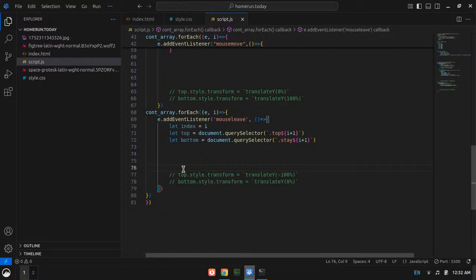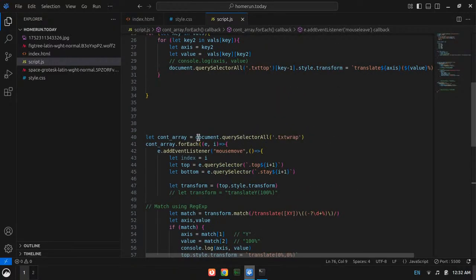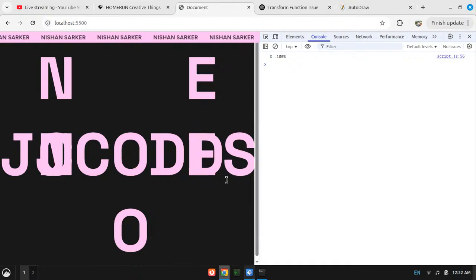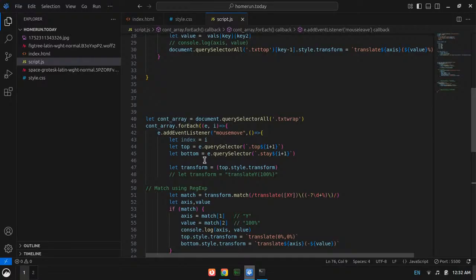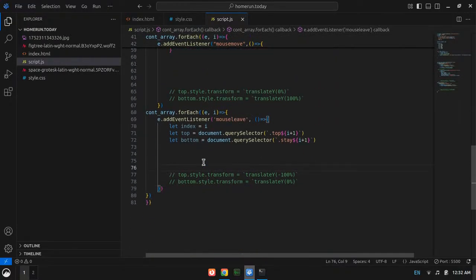Okay, so what should I do? All I need is the bottom.style.position, which is going to be transform 0%, 0%.